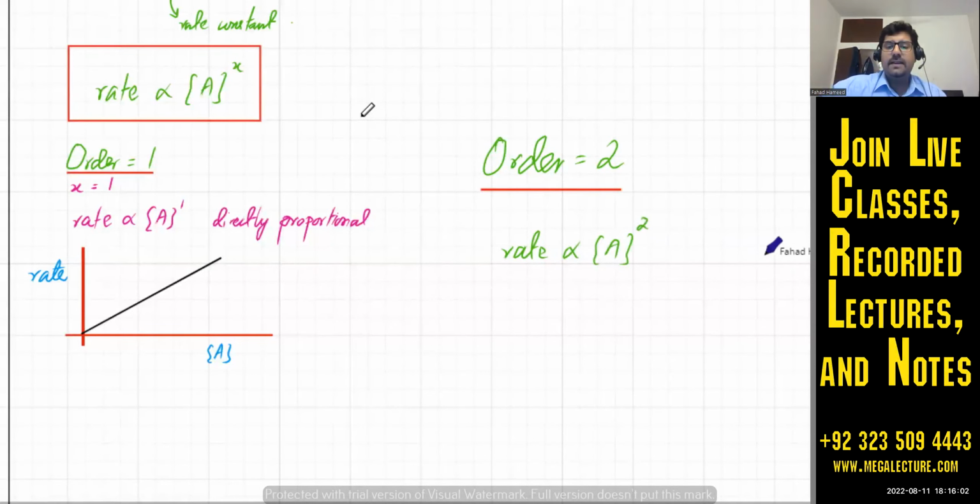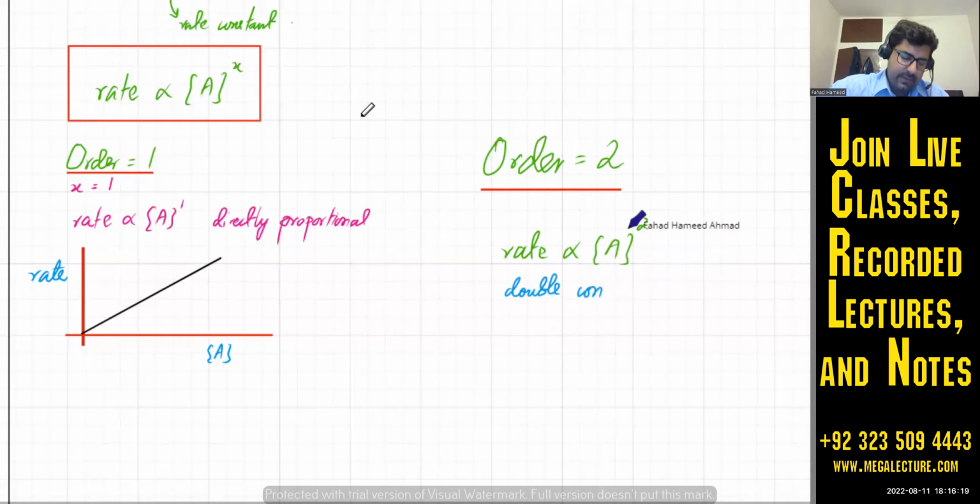But the power over here is 2. So that's a different relationship. That's a nonlinear relationship. What is this suggesting? It's suggesting that you change the concentration of A. If you, let's say, double the concentration of A,